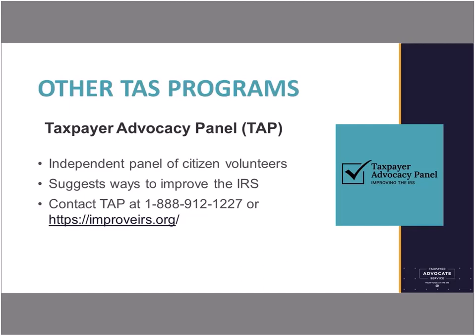But TAP has forwarded more than 2,039 recommendations to the IRS. Our volunteer members act as a two-way channel between the IRS and the general public, listening to taxpayers, identifying issues, submitting recommendations, resolving problems, and monitoring progress and implementing and maintaining solutions. Again, if you have ideas about how to improve the IRS, I definitely suggest that you go to this website.